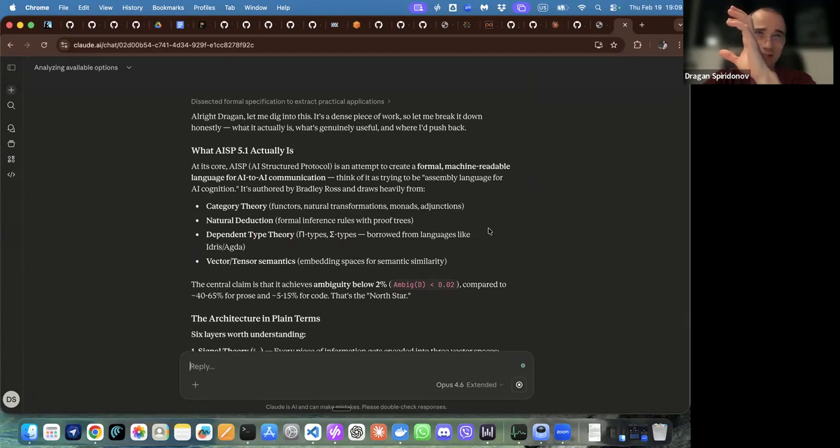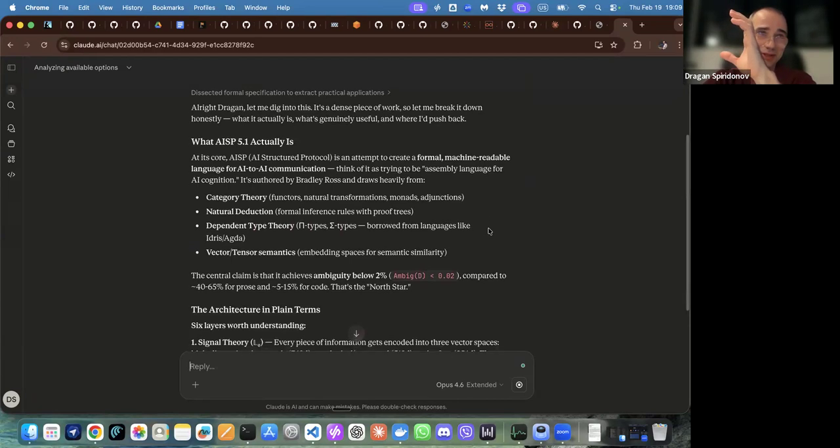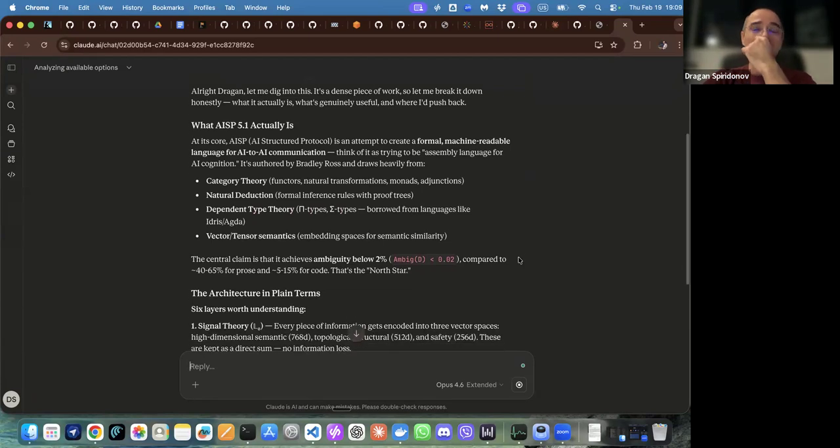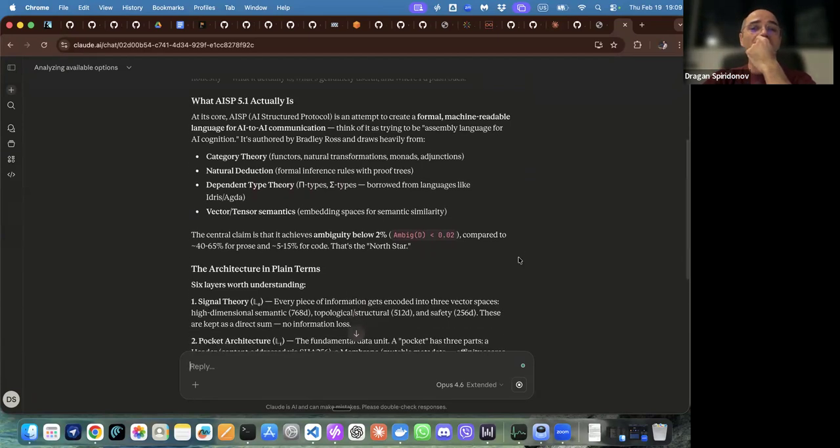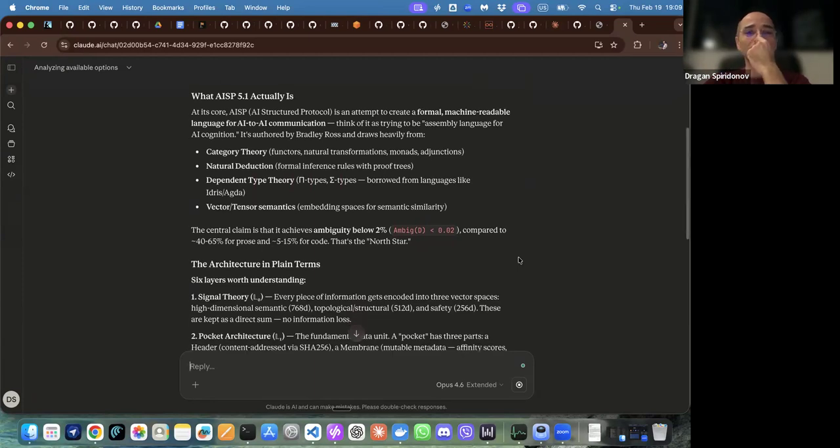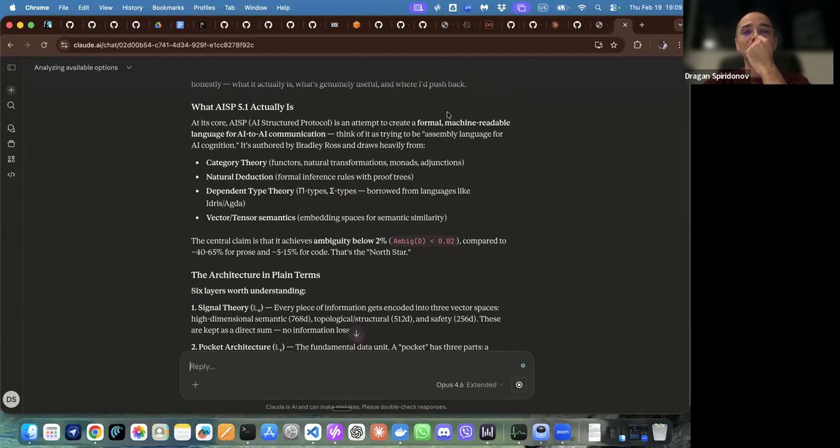Because I'm always asking it to push back. So that's also part of, let's say, the personalization for Claude MD. So it will always try to push back. It says that it's a language for AI to AI communication. Yes. But it translates human language into, it's not only AI, but it is really, yes,